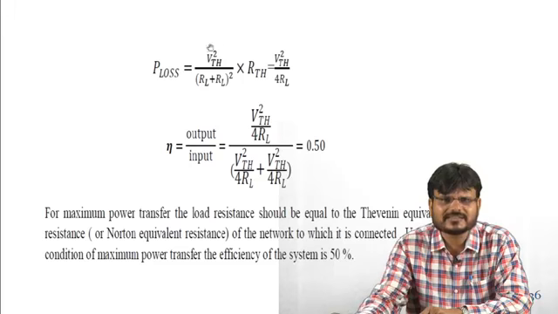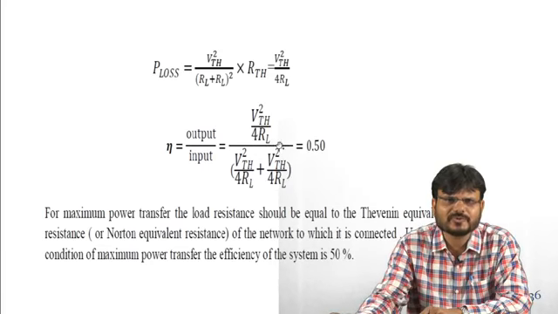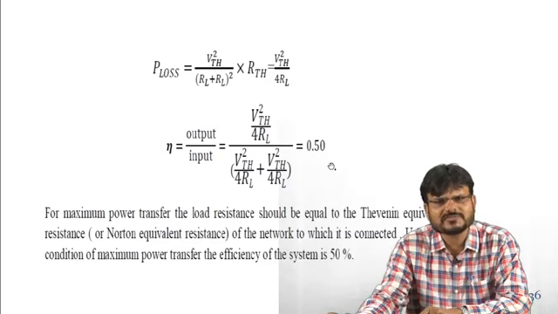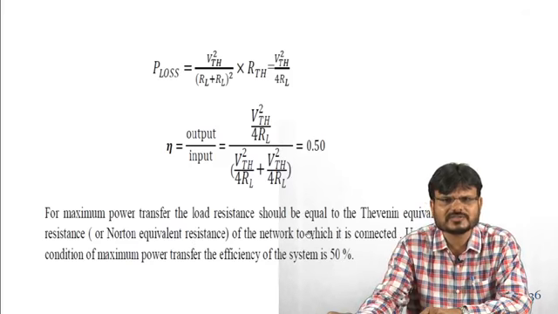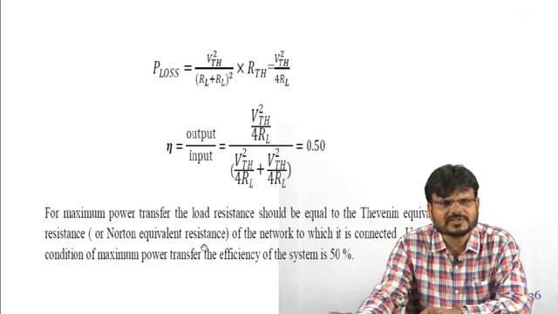Now you add this loss to the output, and then you can find the input. So efficiency is equal to output upon input. Output is E_TH square upon 4R_L, and input is this plus this, meaning E_TH square upon 4R_L plus E_TH square upon 4R_L. After solving, you calculate efficiency is equal to 0.5, or 50%. So for maximum power transfer, the load resistance should be equal to the Thevenin equivalent resistance